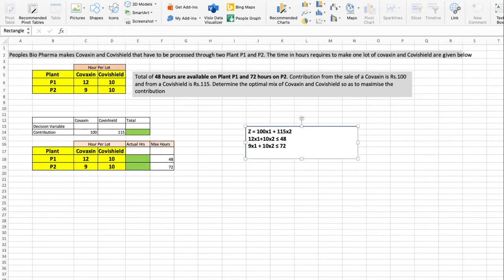So here we have to subscript it. At the time of examination, you need not do this because it will waste your time. I'm doing this just for the video, for your better understanding.